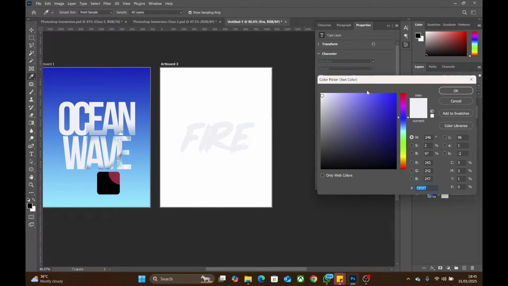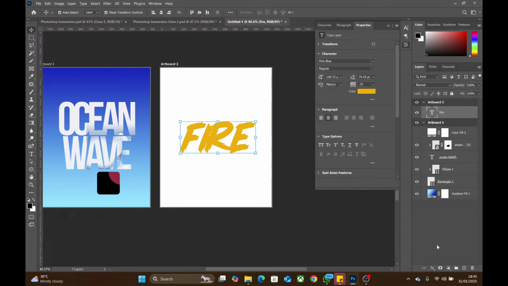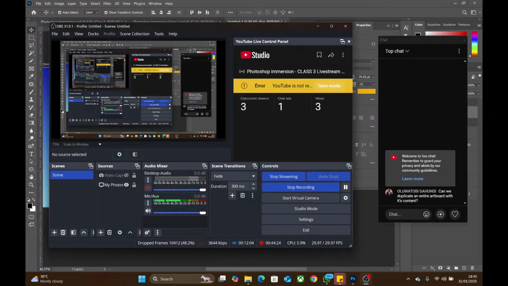Okay. First, I'm going to change the color to like say orange, red, something like that. That actually looks like fire. To make it better, I can add a gradient overlay. So let me confirm if you can still see my screen. Oh well,